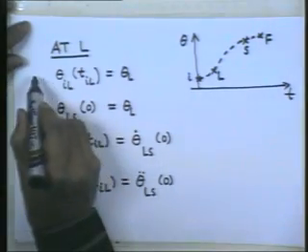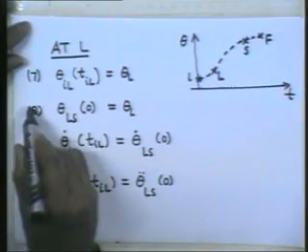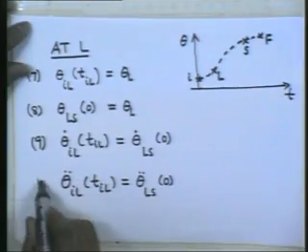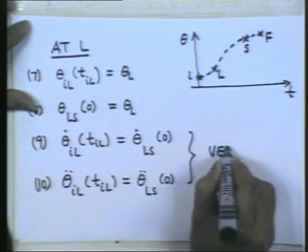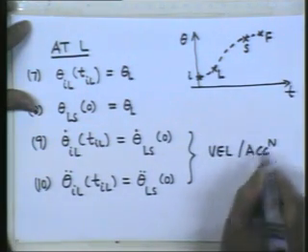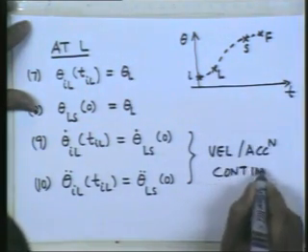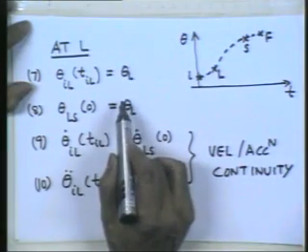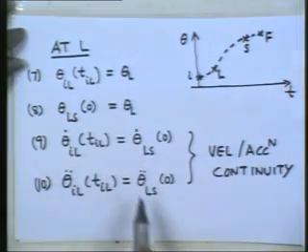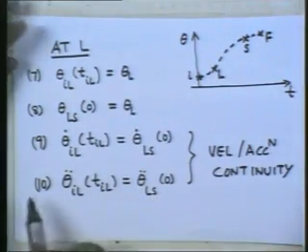So, this is equation 7, 8, 9 and 10. These two being velocity and acceleration continuity conditions. Okay. And these give the prescribed position of the lift off point conditions. Okay. So, we have 4 conditions at the point L. So, we have 10 equations so far. If we write 4 more equations at the position S, then we will have the necessary equations to solve for all the coefficients.